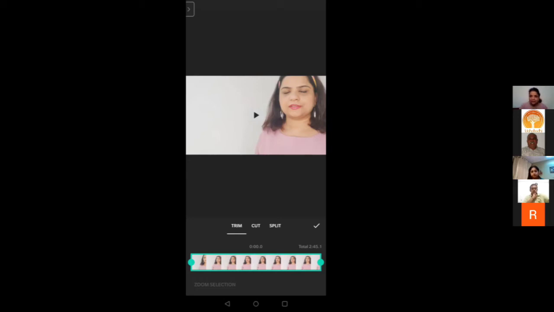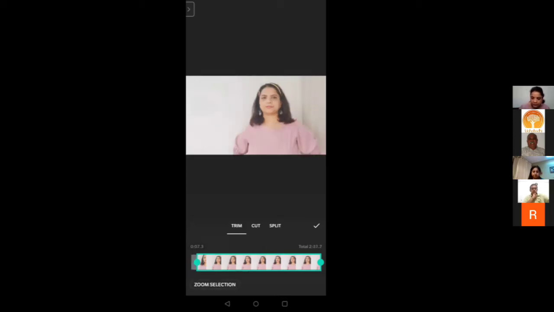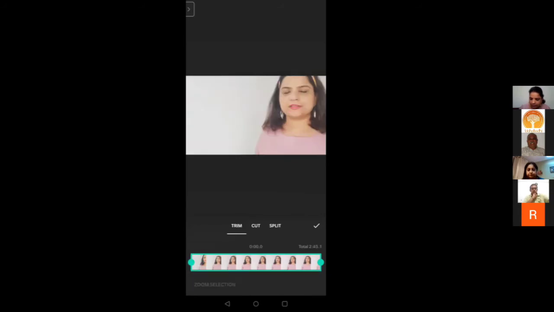Then you will see a green rectangle has formed and in the middle of that green rectangle there are 2 dots. So just hold that dot. You have to hold that and start scrolling in and out. See. Hold that dot and start scrolling in and out and adjust. For that you have to see till what timing. When you scroll in and out, first play the whole video. You have to watch the timer running at the bottom. Okay, you can see a timer running 0.02, 0.9, 0.03 seconds. You can see till what timing you are doing certain things which you need to cut.